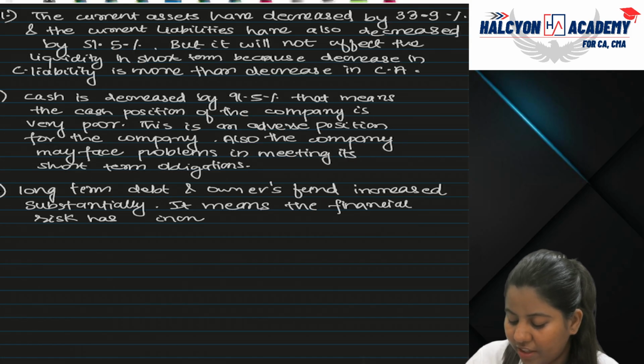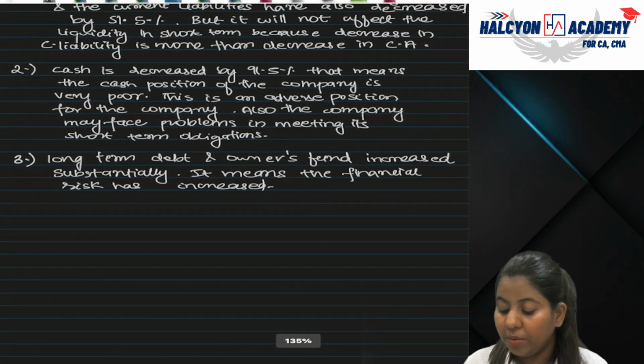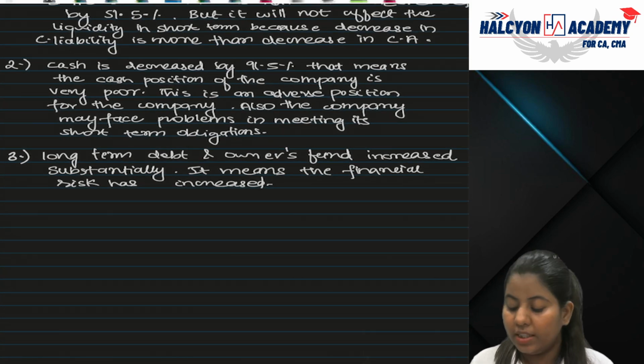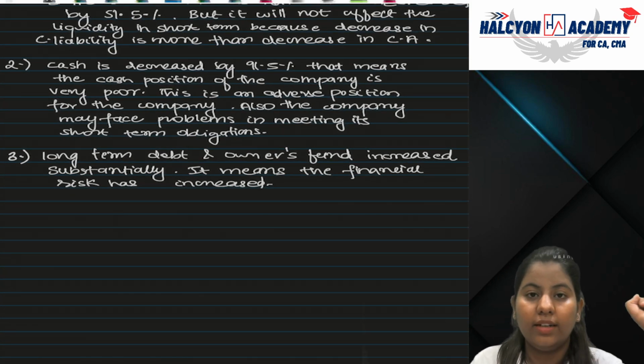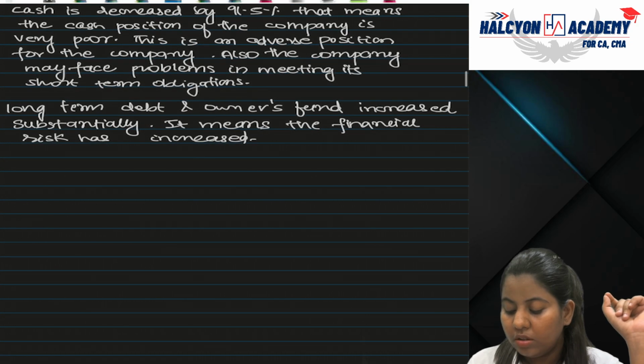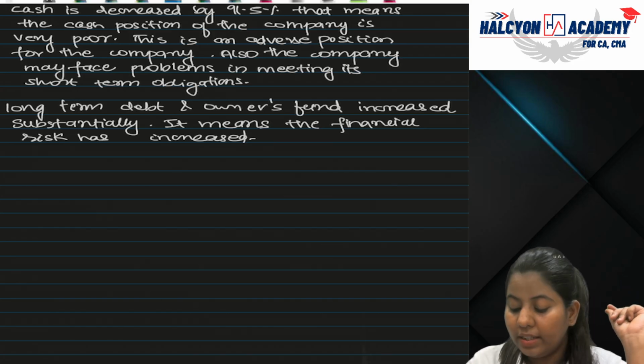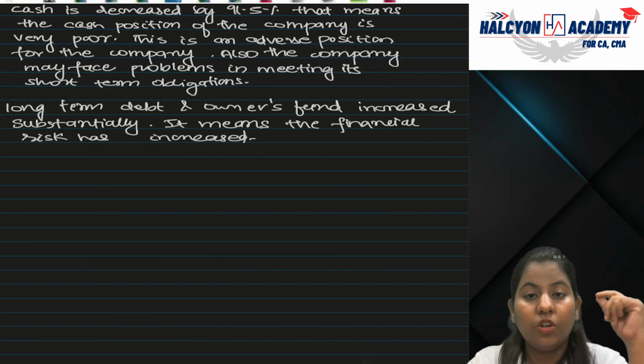It means the financial risk has increased. Why? Because the company is borrowing money from outside. It is taking loan from outside, that is long-term debt, and it is also issuing its securities. The equity capital, the owner's fund is also increasing, so it is dependent on the money of